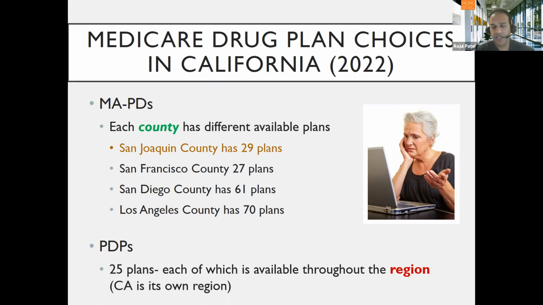Most of us during our working years maybe have 3, 4, 5 health plans from which to choose from our employer, and that can be overwhelming. I know we just did our open enrollment at the school and it took me one full day to figure out which plan I wanted to go with for my family. I can't imagine having 50, 60, 70, 80, in LA County 95 different ways to get your drug coverage.